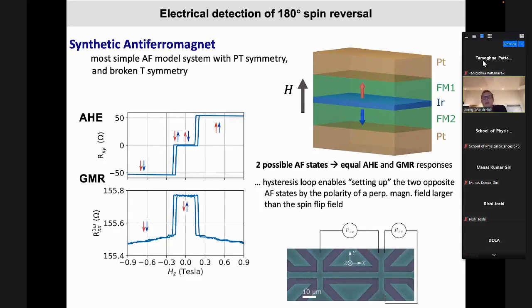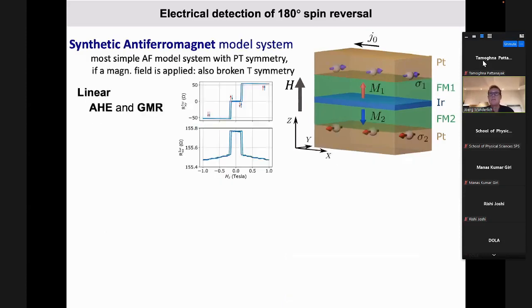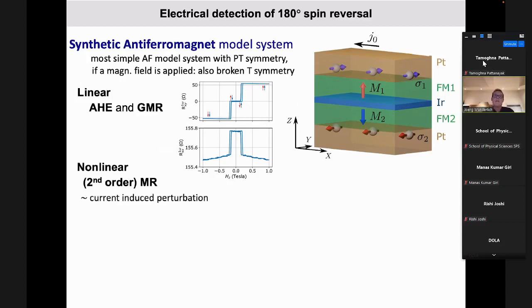And if we set it up from the other side, we get it back in the other antiferromagnetic state. So we know we can in principle set it in one of the antiferromagnetic states by switching the system, but we eventually can't distinguish them by our linear response. So now if we look at the nonlinear response, the second order magnetoresistance, this resistance is dependent on the